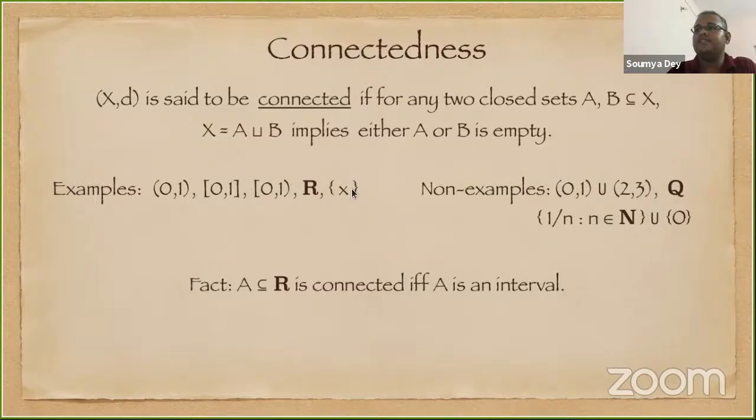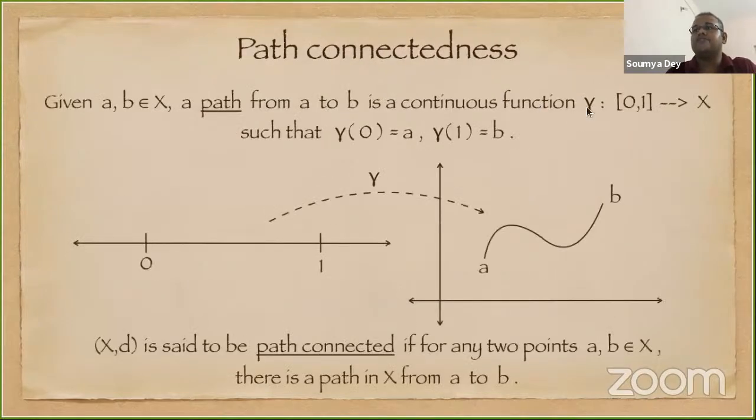So you see, in this definition also, we have used closed sets, and this closed set we have defined using convergence of sequences. So all these notions till now, we have only exploited the convergence of sequences in metric spaces. The next notion that I'll discuss is path connectedness. So given A and B in any metric space,